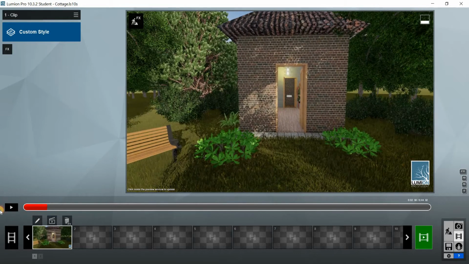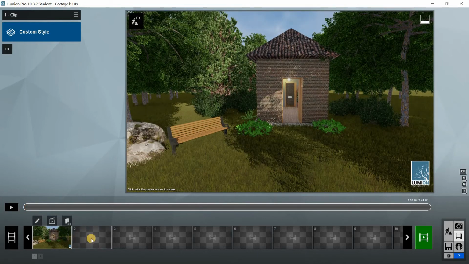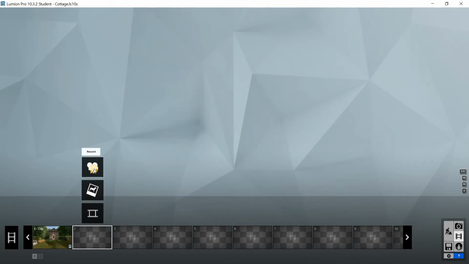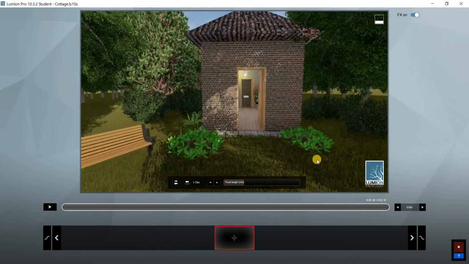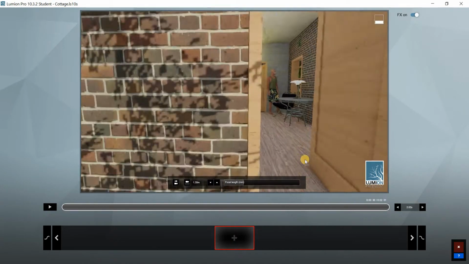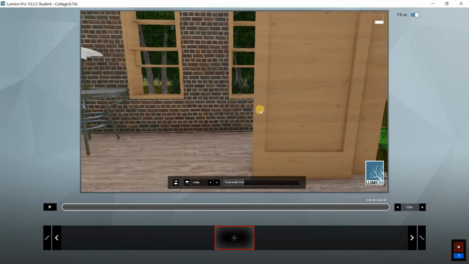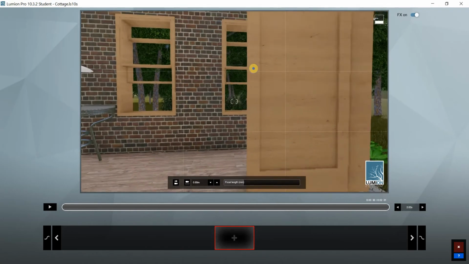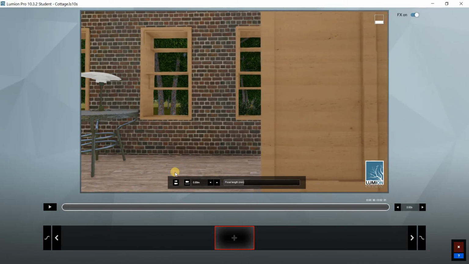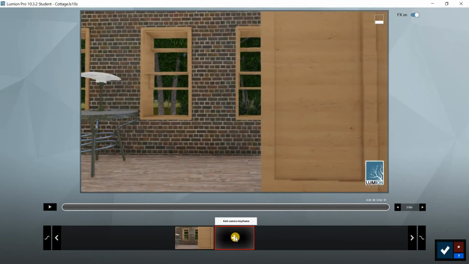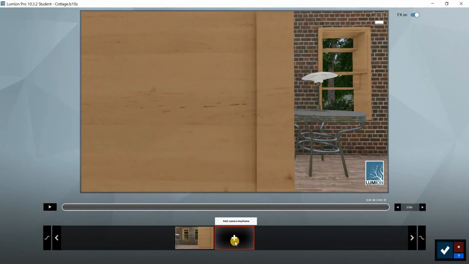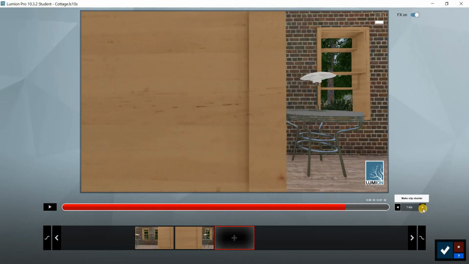And then what I can do is I can add a new clip as well. So let's say I want to go inside, right? So what I can do is I can add a new recording, and I'm gonna go inside for that. And what I'm gonna do is there we go. I'm gonna make this show it like that, and then I'm gonna add a keyframe here, and I'm gonna move my camera to this point and add a keyframe,